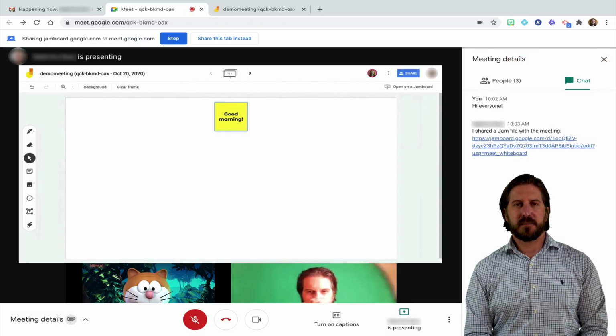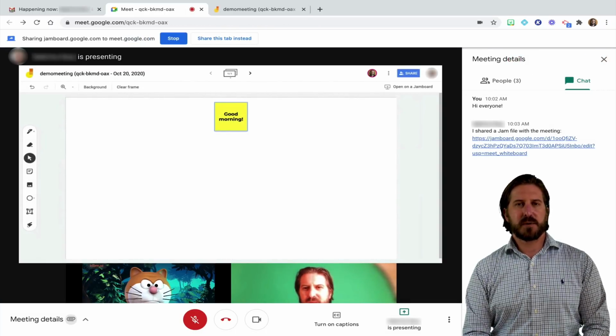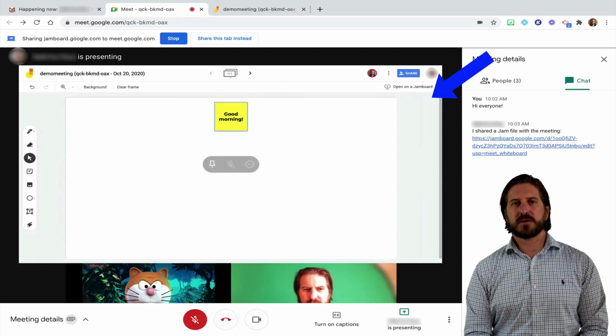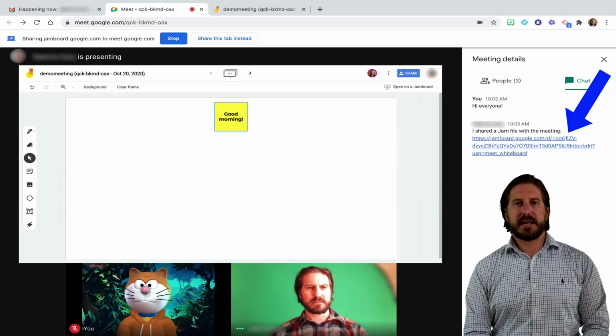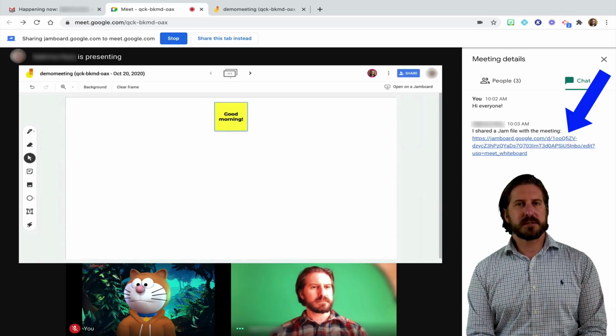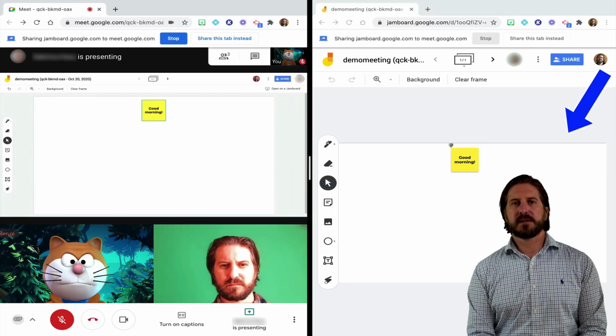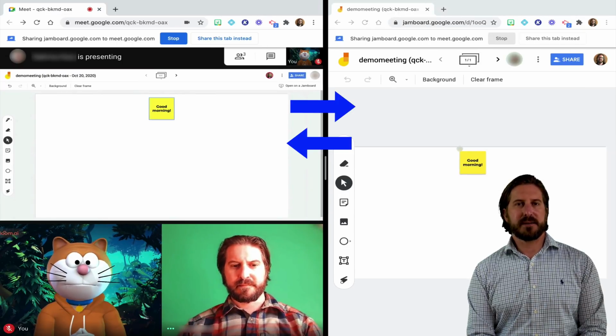So now let's look at this from the student end. Since I'm sharing my screen with them, students are now able to see Jamboard directly in that Google Meet meeting. And then there's also a link in the chat that they can click on in order to access that same Jamboard that they can interact with. If you direct students to click on the link, it's just going to open up another tab. So what I would suggest you do is also teach them how to split their screen so that they set it up and it looks like this.